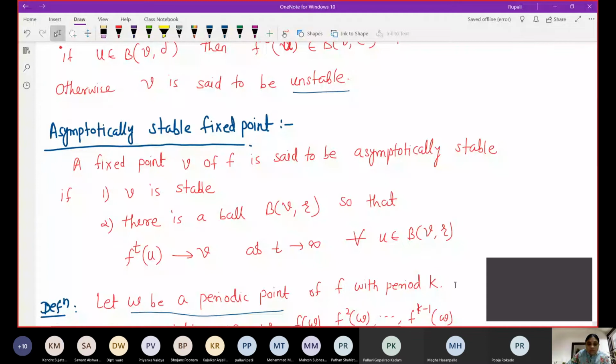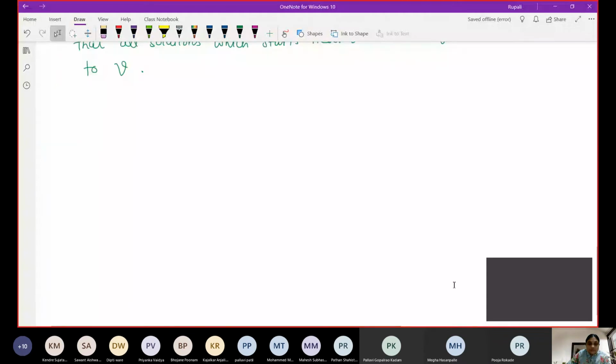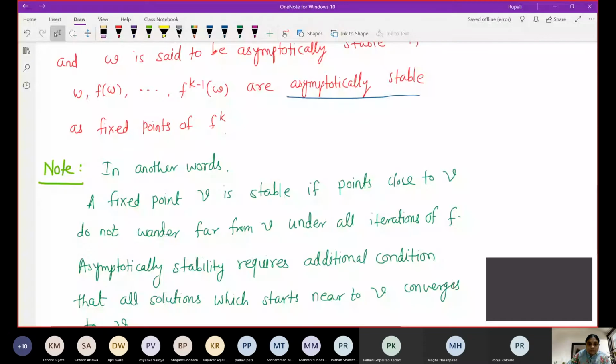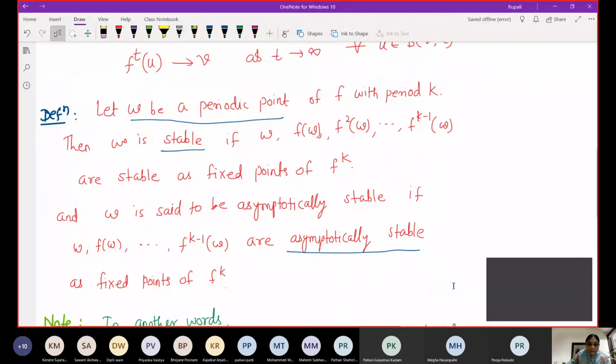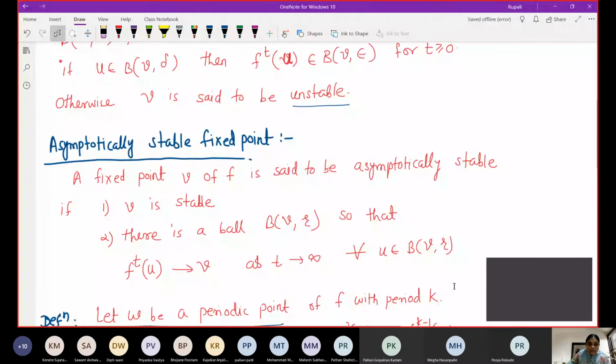Is that okay? मैम वो asymptotically stable definition है ना, can you repeat? कौन सा ऊपर वाला क्या फिक्स पॉइंट? हाँ ऊपर वाला मैम, ये वाला ना, asymptotically stable fixed point. ये वाला